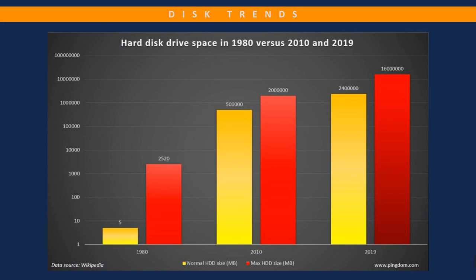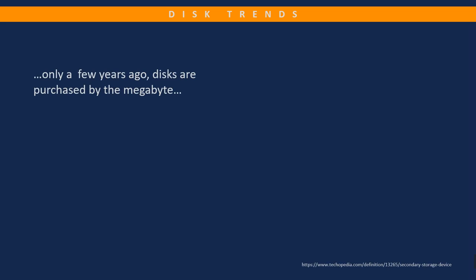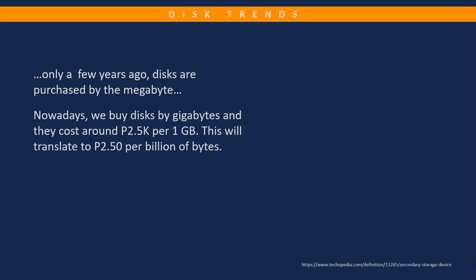This is a graph showing you the increase in disk size from 1980 till 2019. Only a few years ago, disks were purchased by the megabytes. This happened like 5 years ago. We bought them by megabytes because gigabyte disks were still very expensive. Nowadays, we buy disks by gigabytes, and they cost around